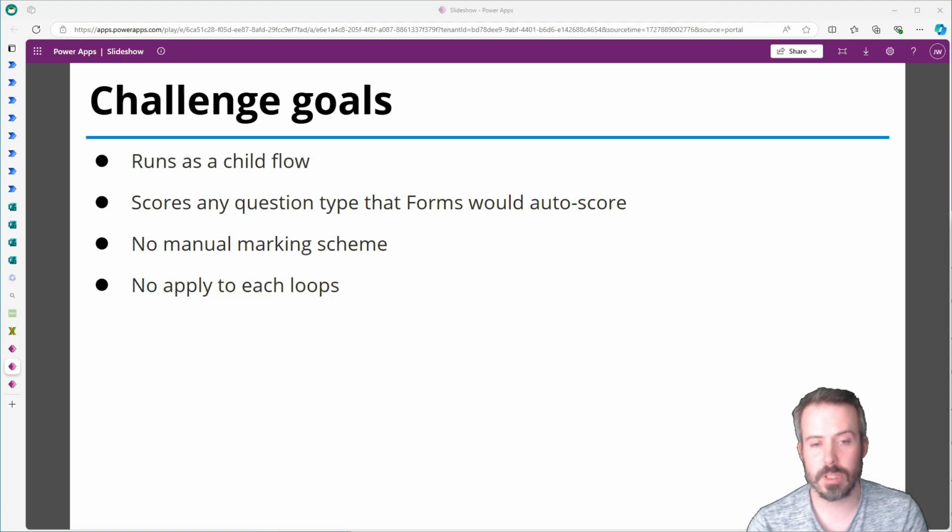Lastly, and possibly most importantly, we've used no apply to each loops. This means it will be a minimum in terms of Power Platform API consumption, and it will always be really quick and performant. We managed to do that by using some quite complex XPath expressions, particularly what I like to